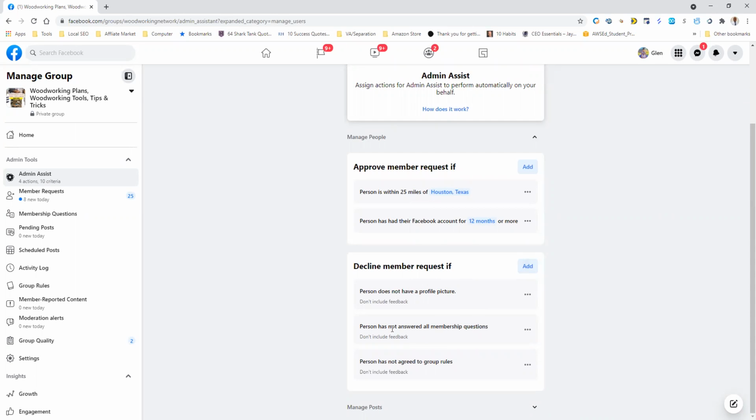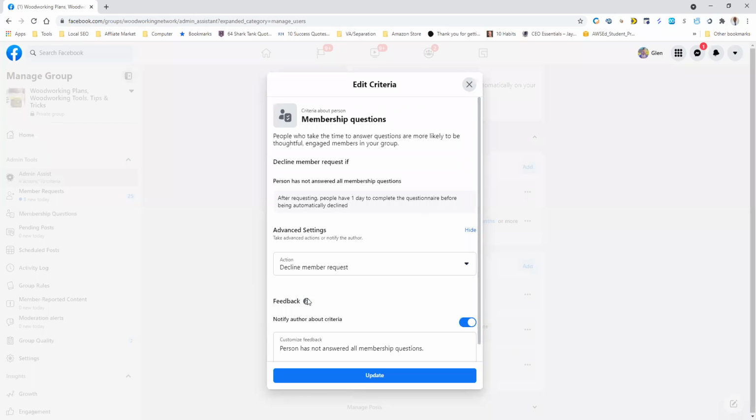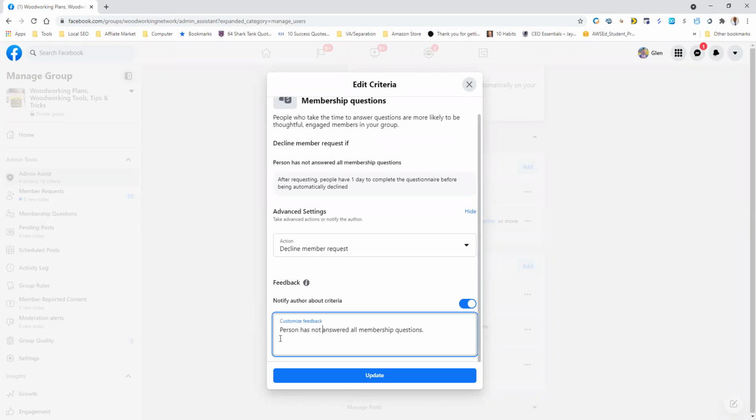If they have not answered all the membership questions, let's see, it says don't include feedback. Let me see if that can change. Feedback. Let's see what feedback is. Okay, so feedback. I can customize the feedback. Okay, so let's do that.